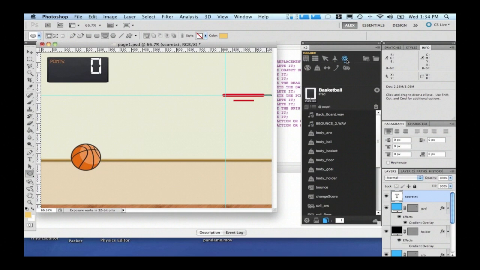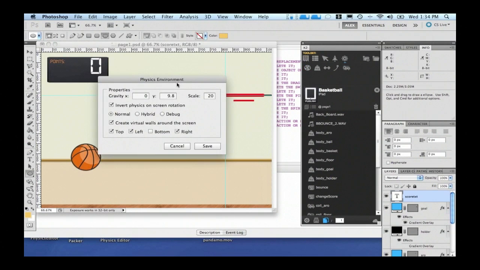And the thing that everybody wants to see, which is the physics tool set. Again, you can define the environments for your physics, and I'm going to cover this better in this demo. In this case, for example, I want to set the physics environment, and I want Kwik to auto-create walls for me.